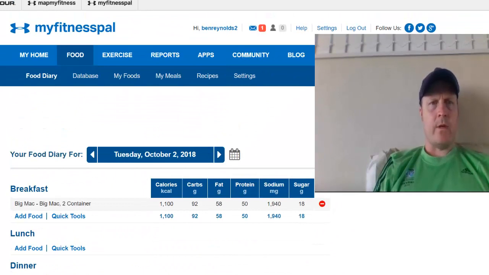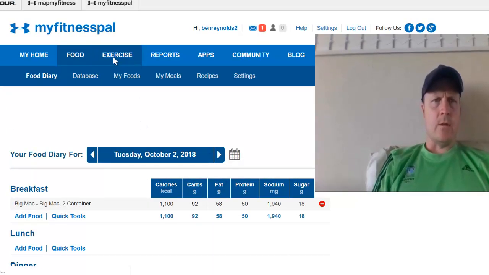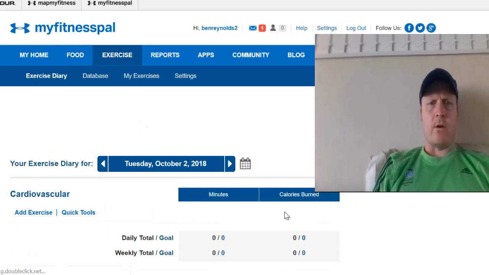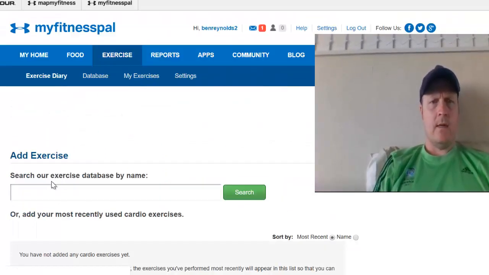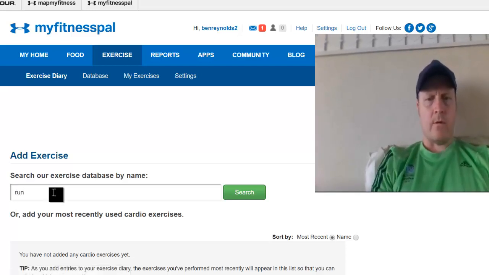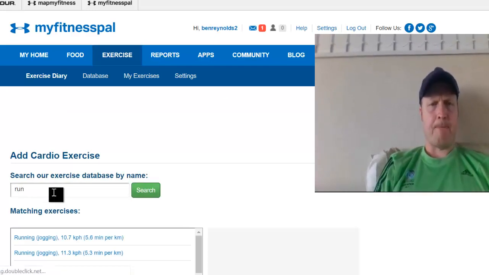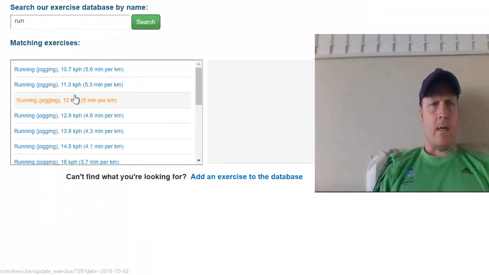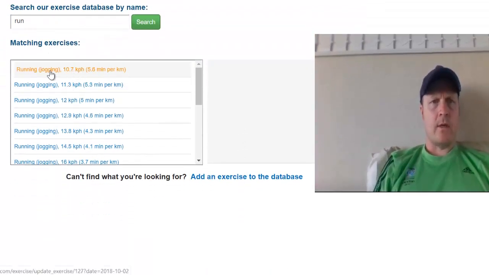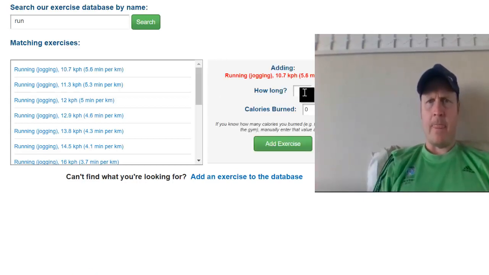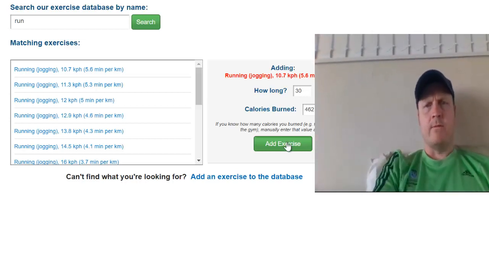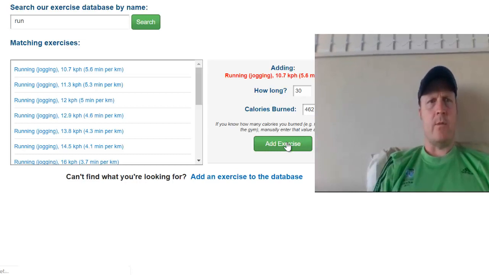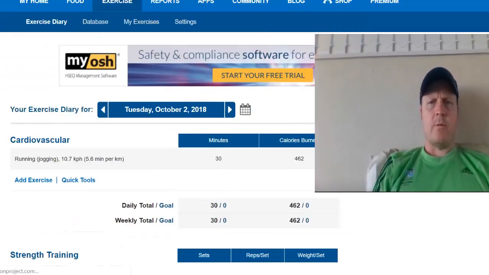The other thing we can do is I'll go for a run. So I'll add that exercise on. If I go for a jog at 5.6 minutes per K and I went for 30 minutes, that means I burnt 462. And if I add that on, it should show me that now